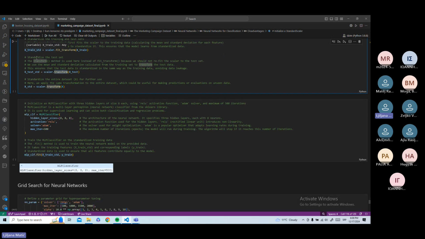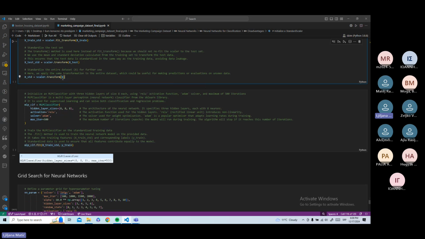So we just use transform. So we know that X-train standardized is standardized the same way as X-test standardized. And the last step here is to standardize the entire data set. X is the entire data set, and we just apply transform,